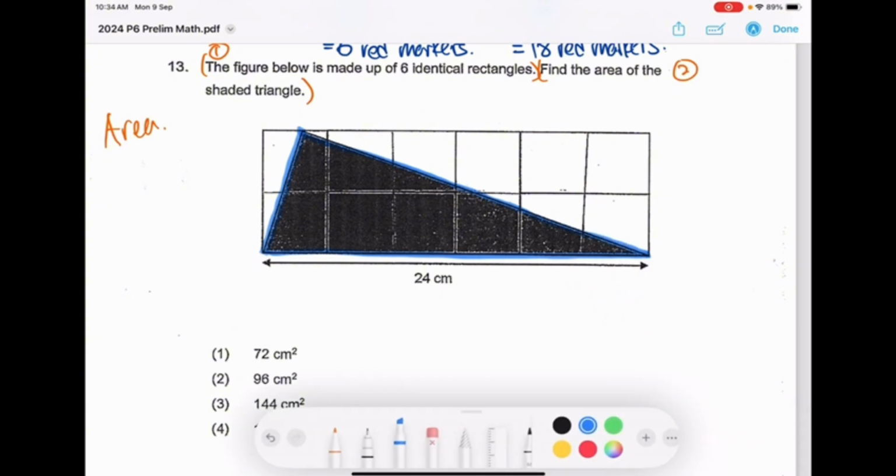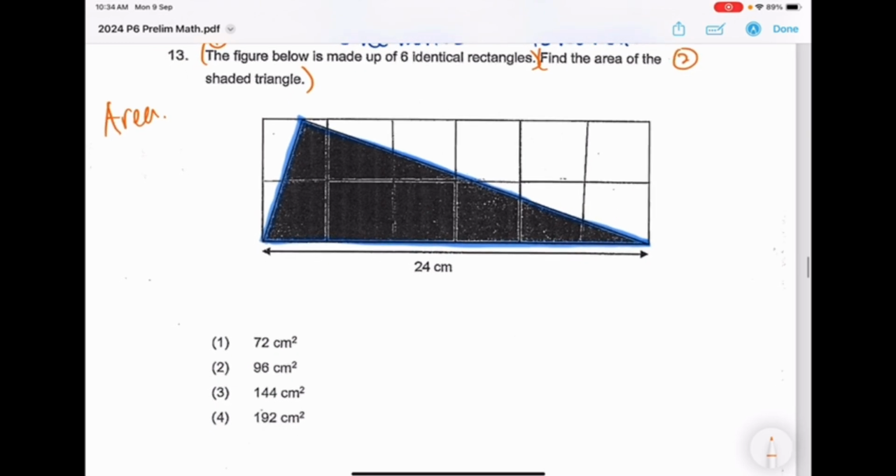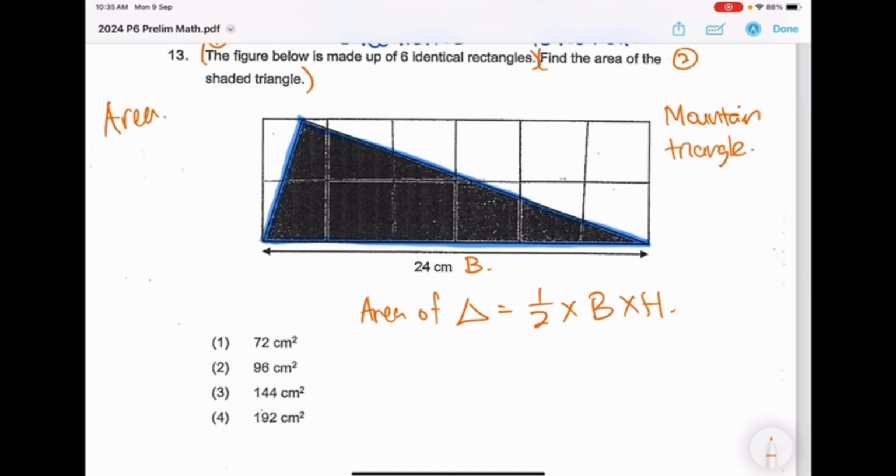Okay, so first things first, what we want to do is write down the formula of the area of a triangle. The area of a triangle is always equal to half times base times height. We want to first identify the base. I'm going to take this 24 cm as my base. When I look at this triangle with this as the base, I can tell that my triangle is a mountain triangle. Whenever I am dealing with a mountain triangle, I want to know that the height is inside the triangle, from the lowest point to the highest point,